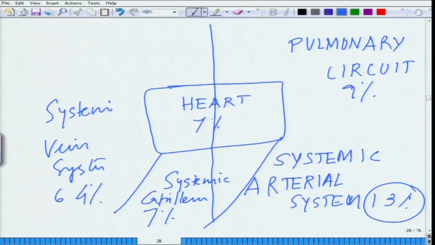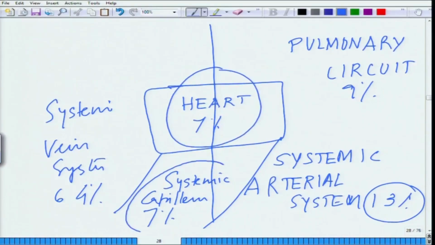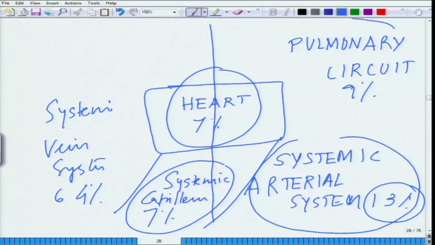Okay. So, this is how the blood is getting distributed. You have 64% in the systemic venous system, in the heart you have 7%, in the systemic capillaries you have 7%, in the systemic arterial system you have 13%, and in the pulmonary circuit you have 9%. This is the overall distribution of the blood in the body at any given instance of time. And from here, we will close this lecture,